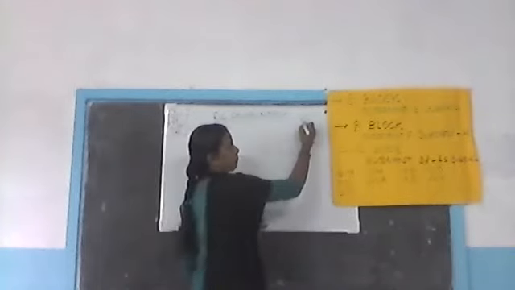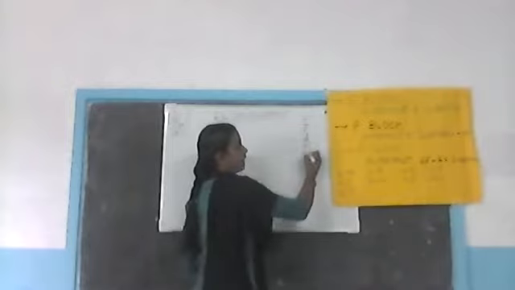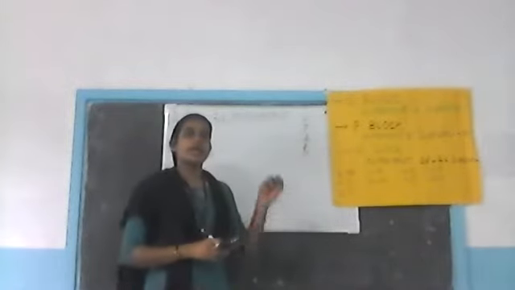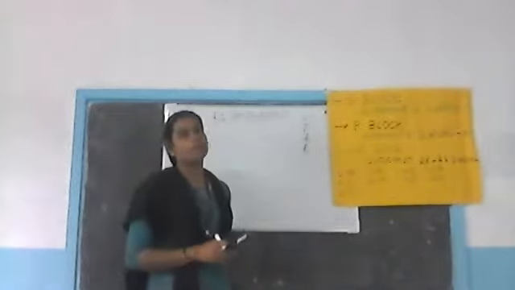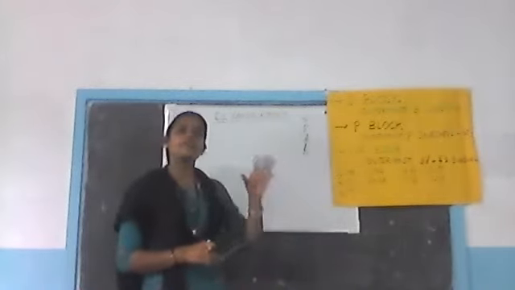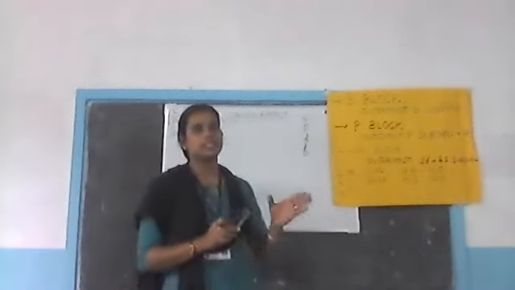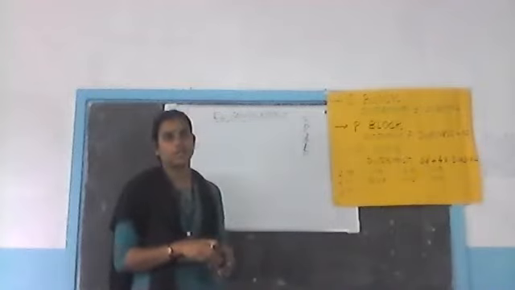First of all, we are going to study about block. Generally, what are the four types of blocks there are? S, P, D and F. Any element belongs to one of these four blocks. So how can you find out the block on the basis of subshell electronic configuration? That is what we are going to learn through this chapter.